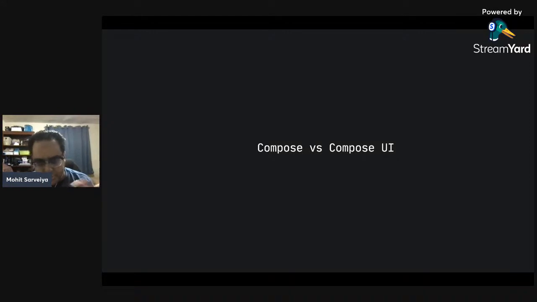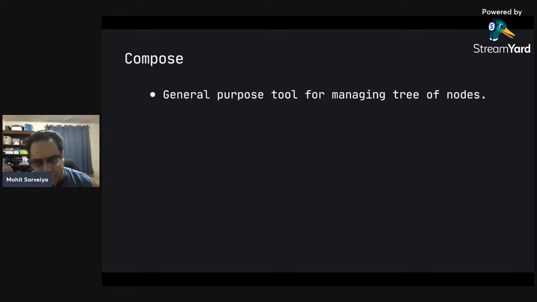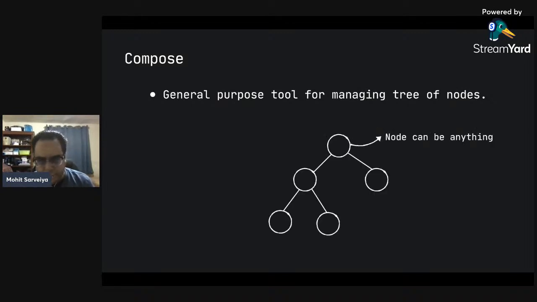There's a distinction between these two different things; it doesn't really have to just be for UI. Compose is also a compiler plugin. It's a general purpose tool for managing a tree of nodes, and it provides you with an API to be able to do that. These nodes could be anything. They don't have to be views. When you look at the community, you'll find many different tools out there that use this general purpose tool